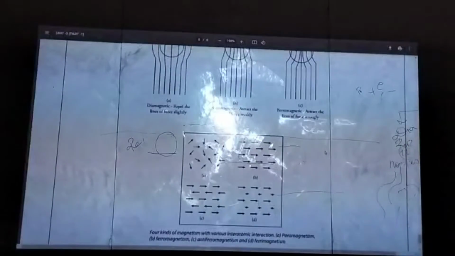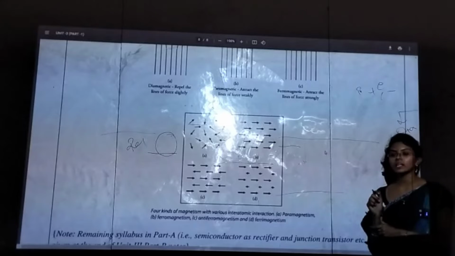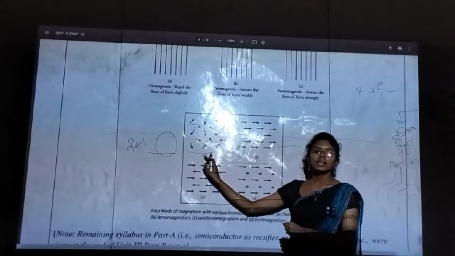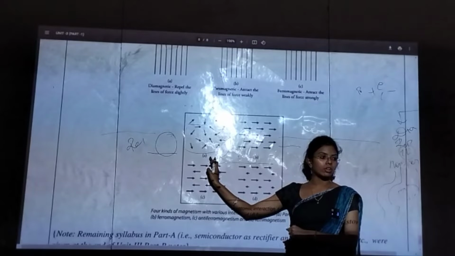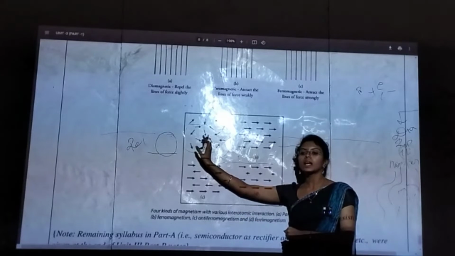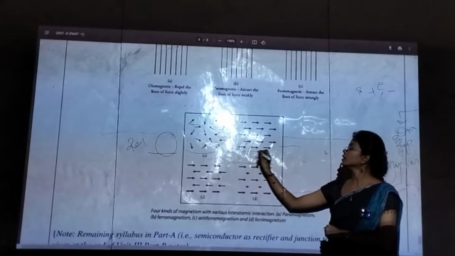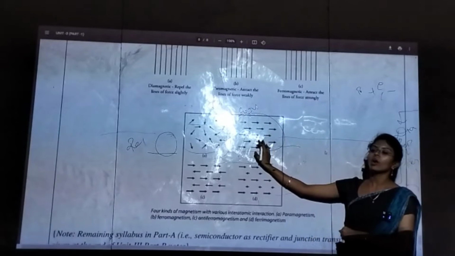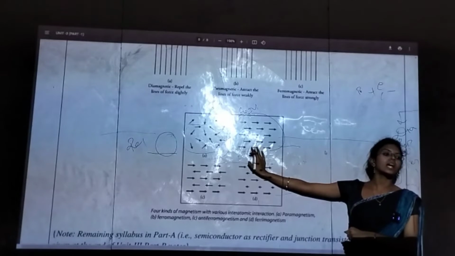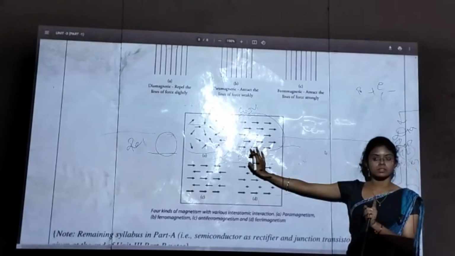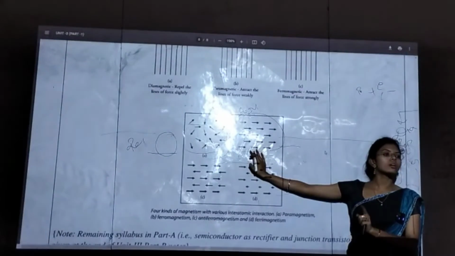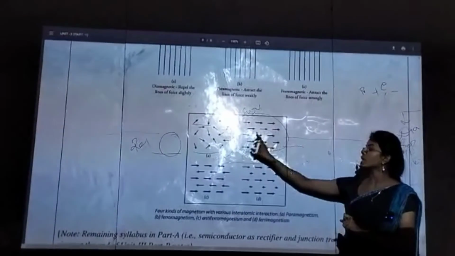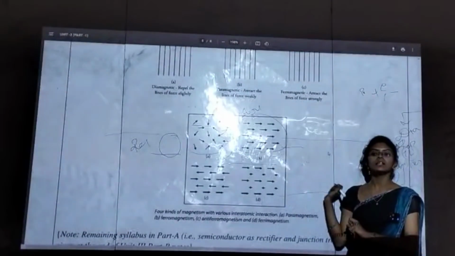Next. So if you see the paramagnetic materials, the spins will be like this. We are having only one unpaired electron, right? And it is also weakly attracted. Now, here is the ferro. So in ferro, the spins are arranged in only one direction. That is why we are getting a strong force of attraction. Yes or no? My spins are already only in one direction.